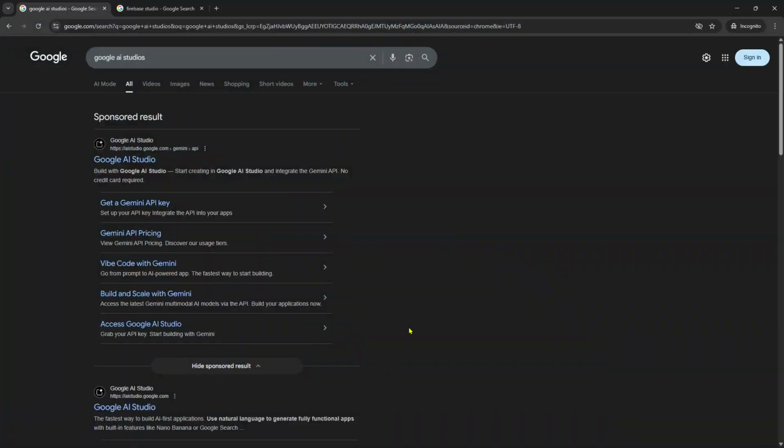Google AI Studio versus their Firebase Studio. Let's go. Google AI Studio and Firebase Studio are both from Google, but they serve distinct purposes in the AI app